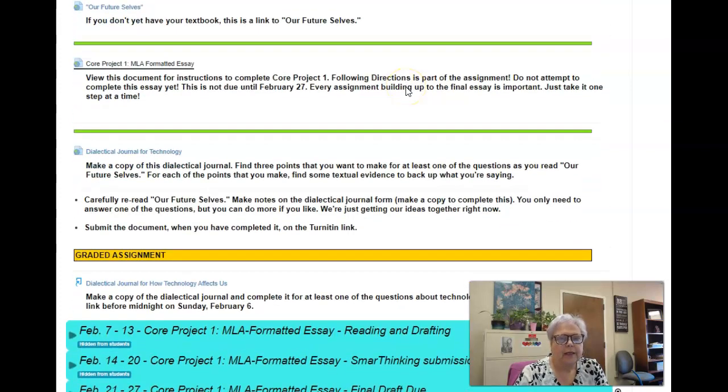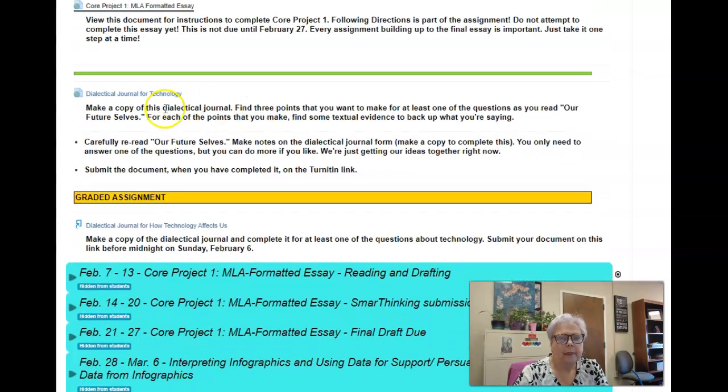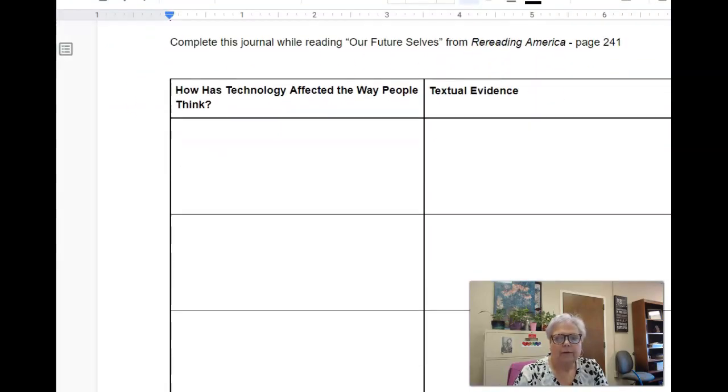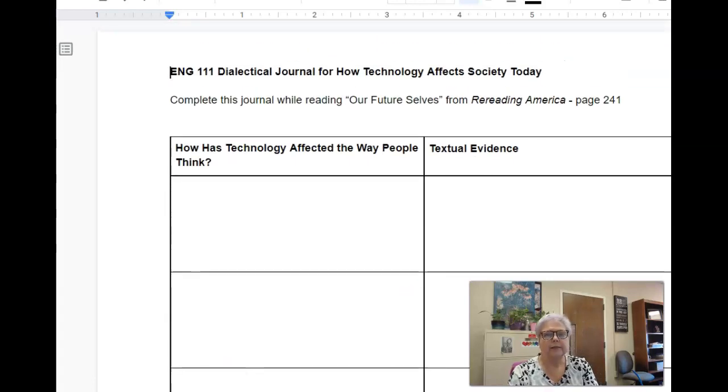As you read, I'd like for you to make some notes. And so I have included here, it's the last source included this week, a dialectical journal for technology. And what I would like for you to do is consider how has technology affected the way people think according to what you've read in Our Future Selves?